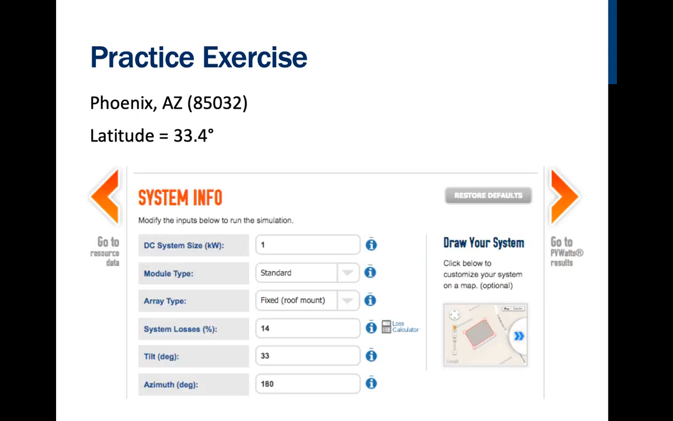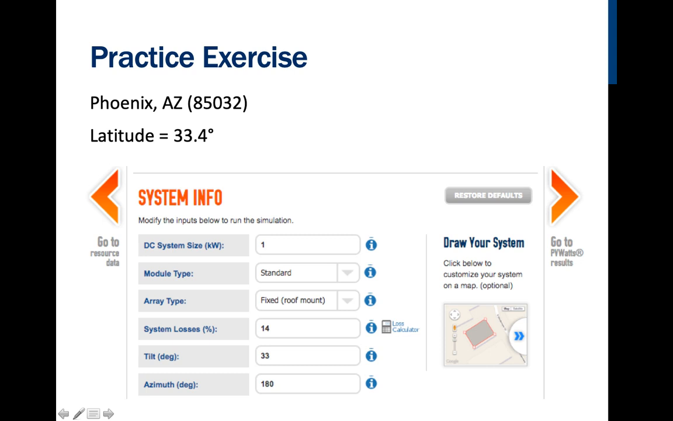I go to PVWatts, and our location is Phoenix, Arizona. I put in the zip code for Phoenix, Arizona. I model out in PVWatts a 1 kilowatt system, standard module, fixed roof mount. If it's ground mount, then I would model a ground mount. System losses,